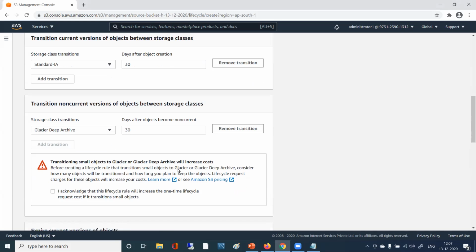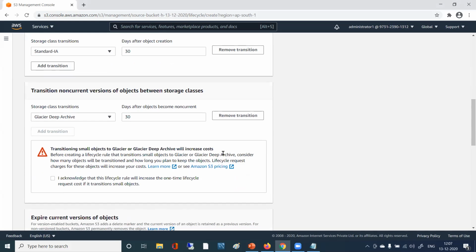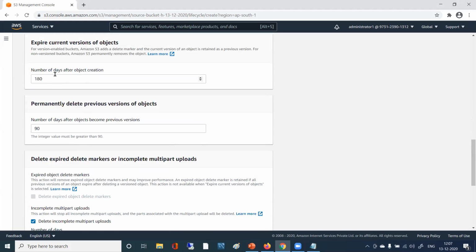Transitioning small objects to Glacier or Glacier Deep Archive will increase cost. It's not for a smaller thing, right? I want to make it non-current after, say, 90 days, right? This non-current version object goes to the storage class after 90 days, and then it should expire, right? After, say,